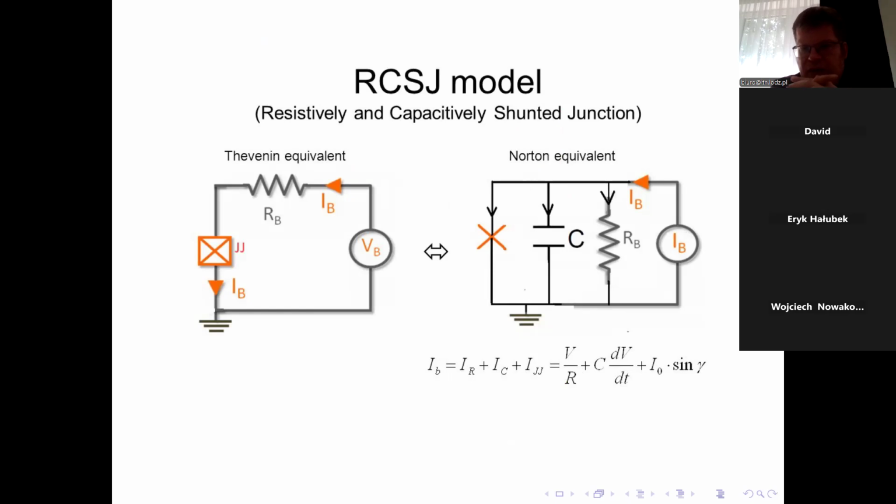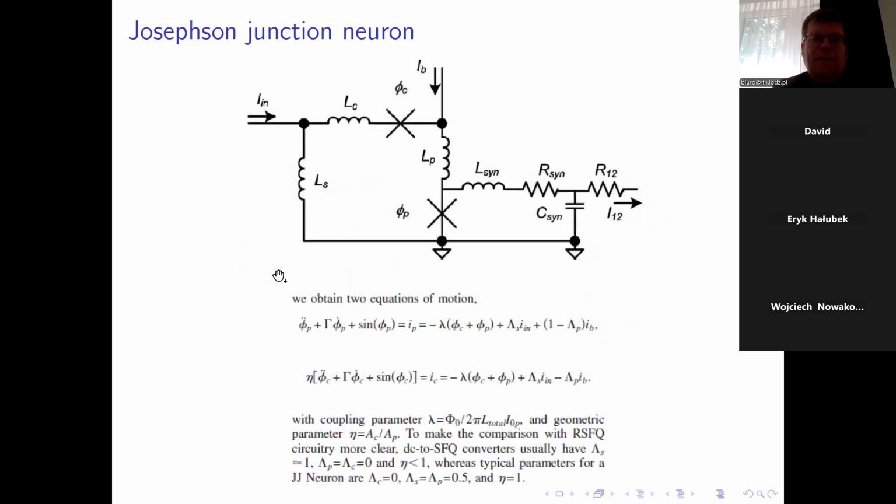You have three components of current. One current component goes via resistor, one goes via capacitance, and one goes via Josephson junction. And now we arrive to the model of